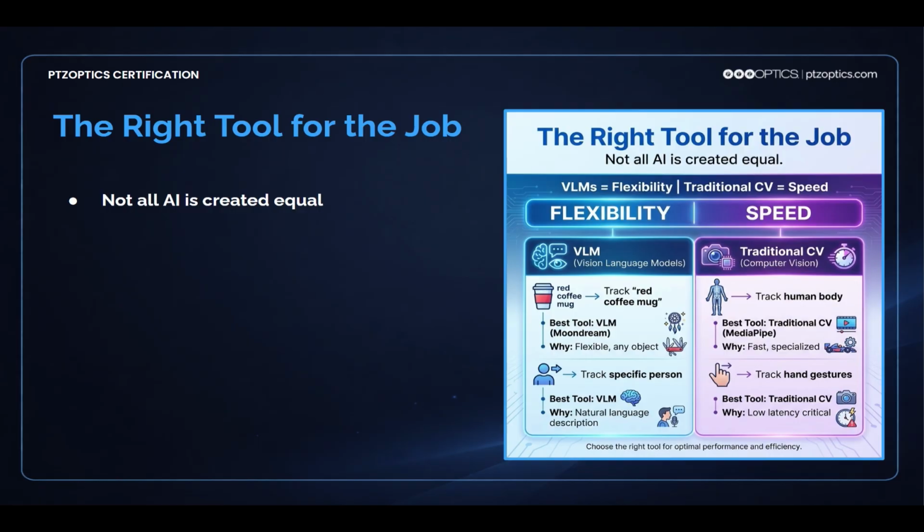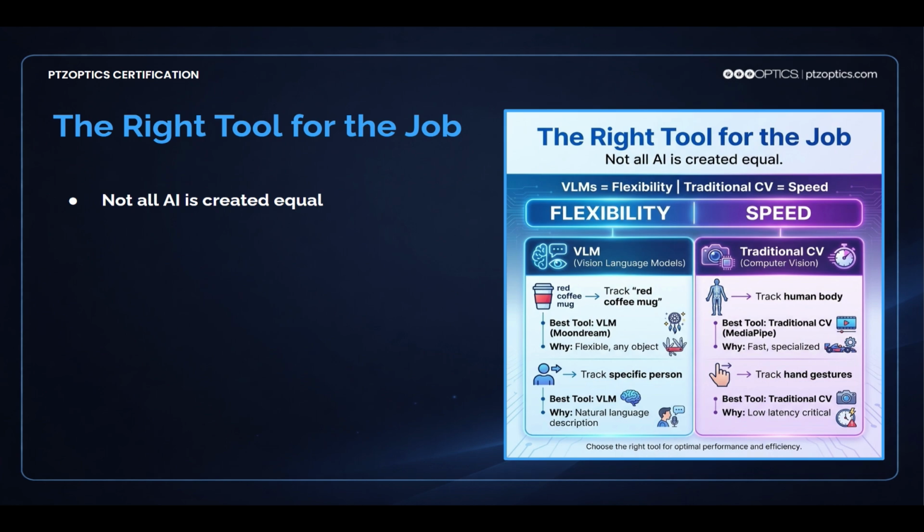So vision learning models. Moondream is one that is also very small and can be run locally on a computer and is very affordable. And that's why we're focusing on it for this course, but it's never going to be as fast as a really small computer vision model. So